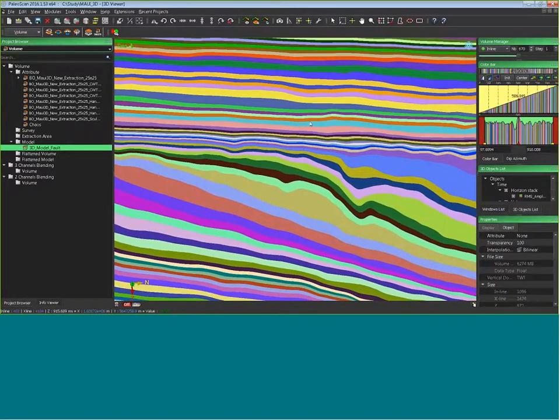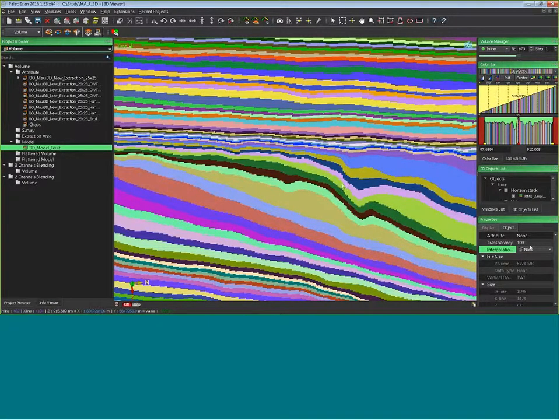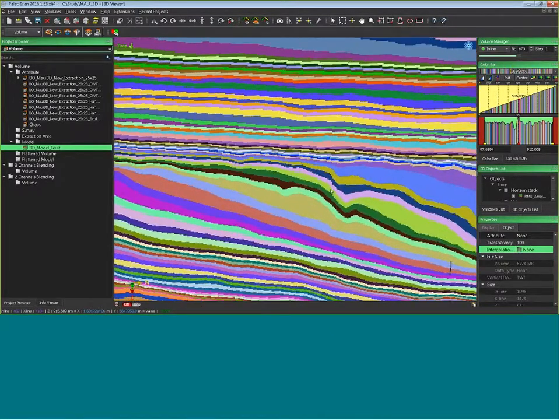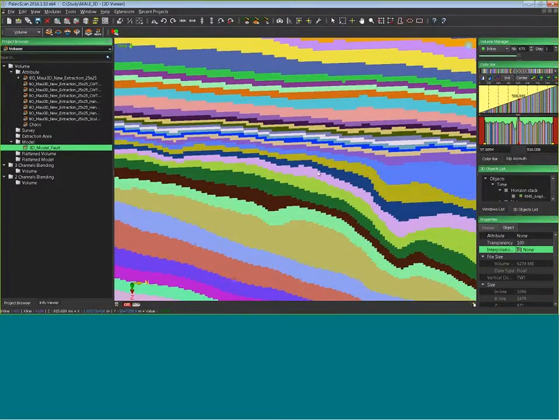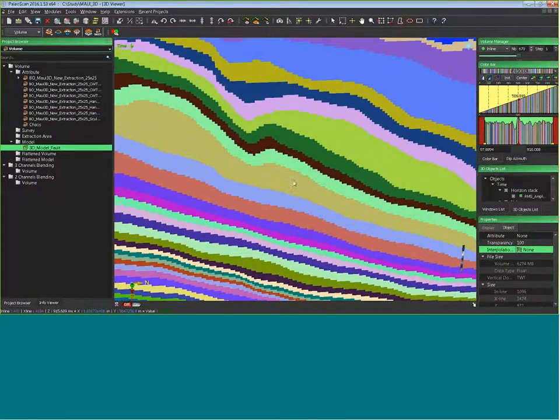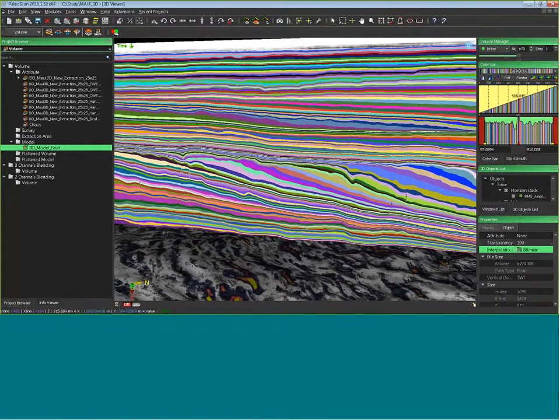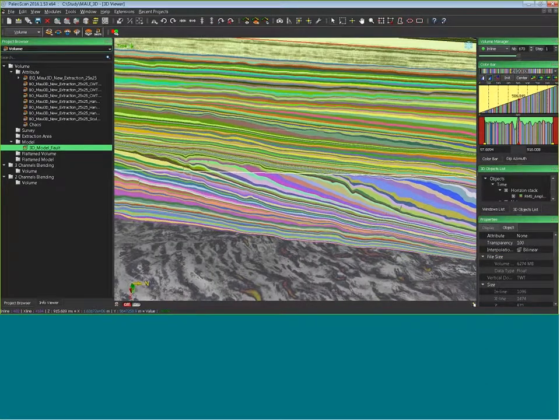In fact, if you select the object, we have worked on the interpolation method of the model. If you remember, in previous releases of PaleoScan, you had this kind of effect with some pixelization. Now we have exactly the same interpolation between 2D and 3D, and like this, you have exactly the same display between 2D viewer and 3D viewer, and a much better visualization of your 3D object.